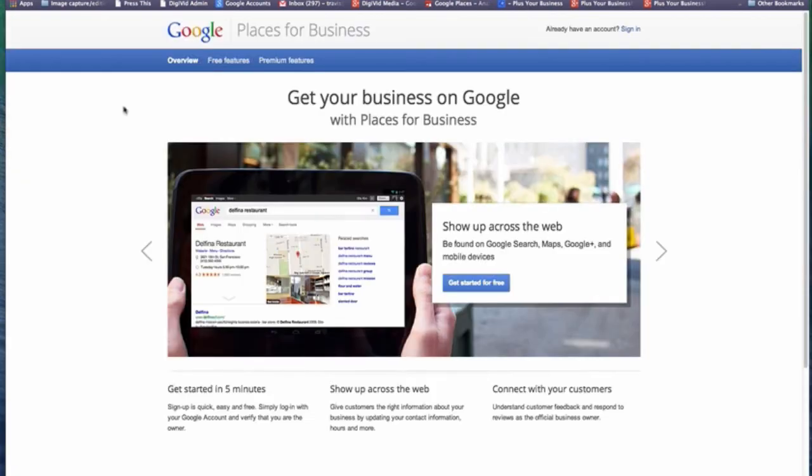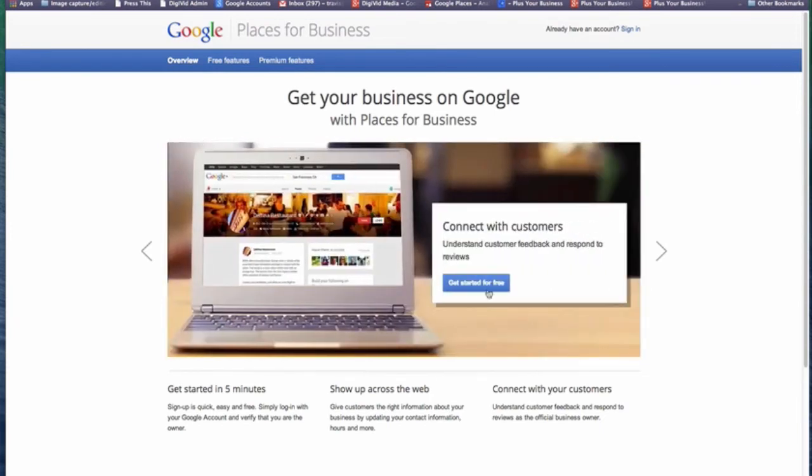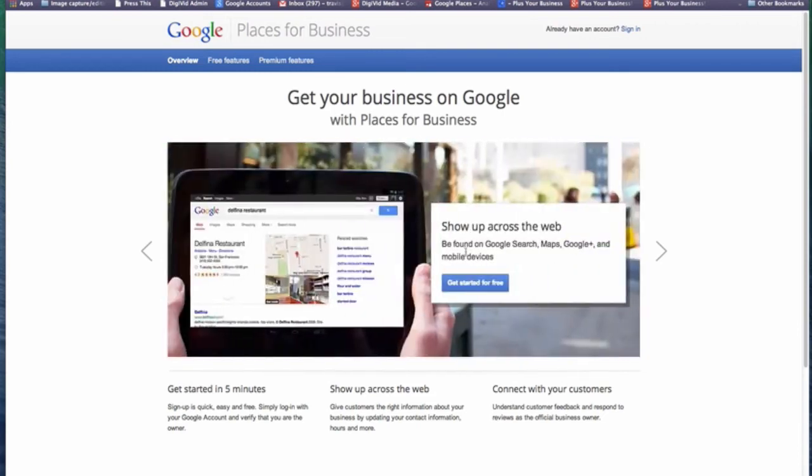One thing to remember is that Google has combined all of their products so that you only have to use one account, one email account, to sign in for everything. So instead of going here and getting started for a free account, well, in at least Jack's case, we needed to go in and claim the Places listing because it had already been pre-claimed.